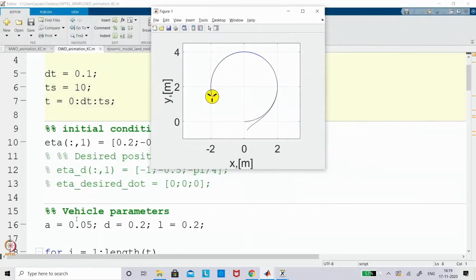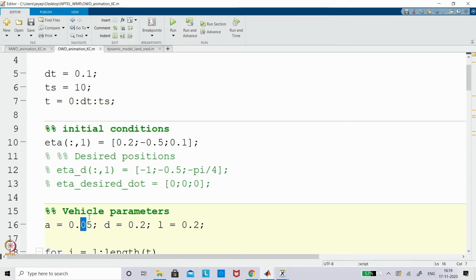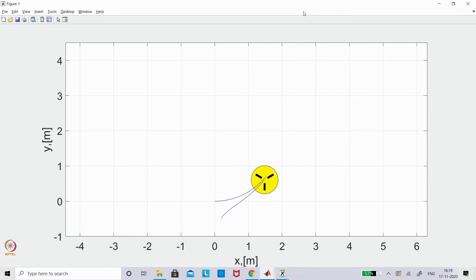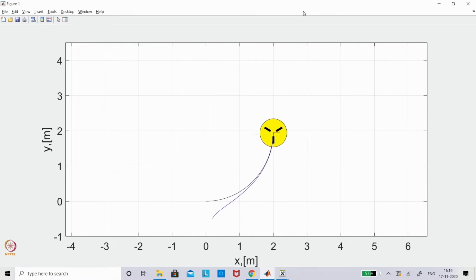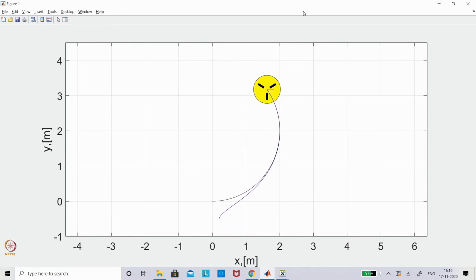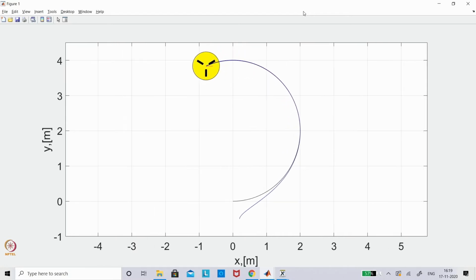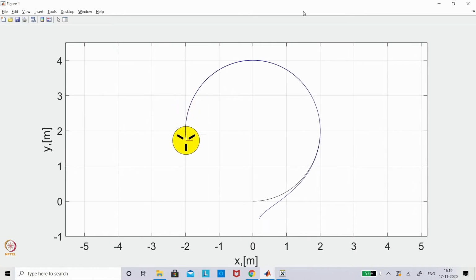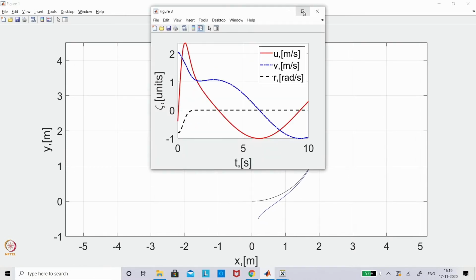For example, I am taking the wheel radius as double. So now it may be a little faster than the earlier one. So those variations you can see. That is what we say is a simulation. So now you can see that the variation you can find, where you can vary the length, you can vary the radius of the wheel, and you can vary the control gain, and even you can vary the profile. The profile varying is one scenario, but your system parameters you can also vary.